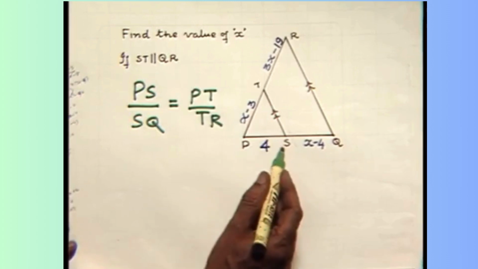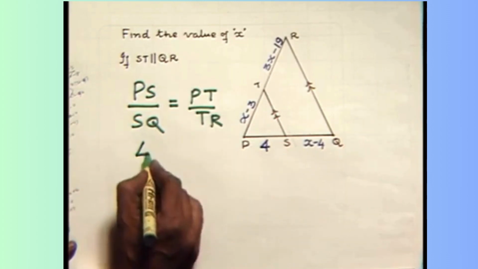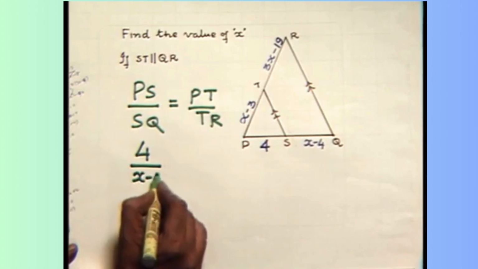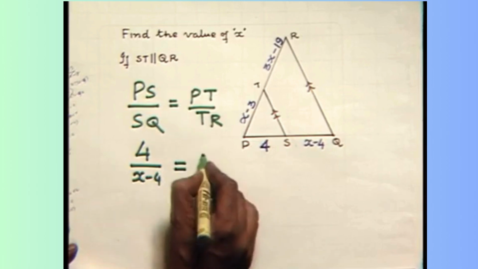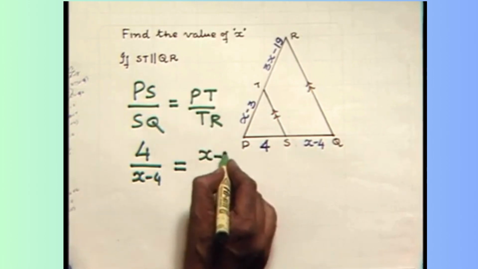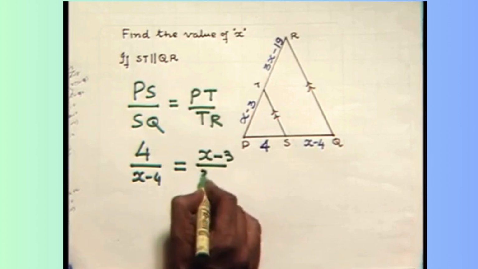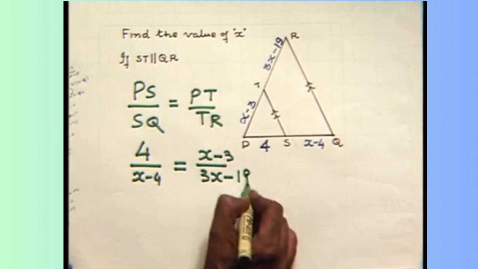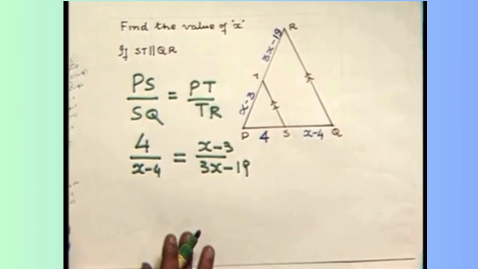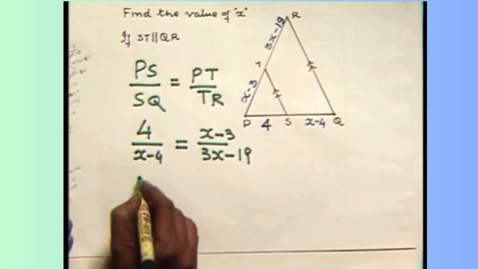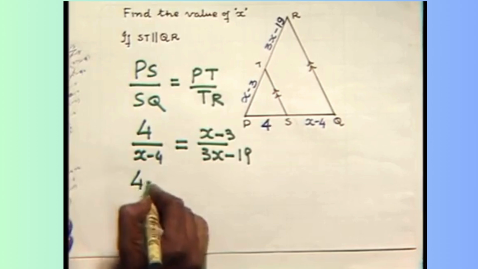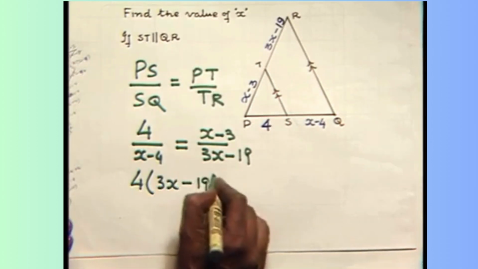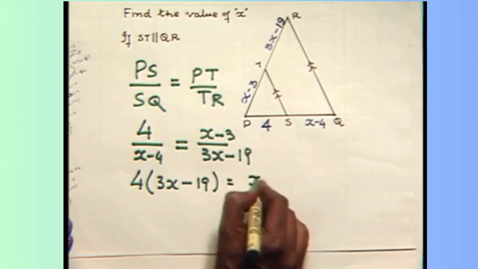Substituting the corresponding values, we get 4 upon x minus 4 equals x minus 3 upon 3x minus 19. To solve this equation, we cross multiply them, we will get 4 times 3x minus 19 equals x minus 3